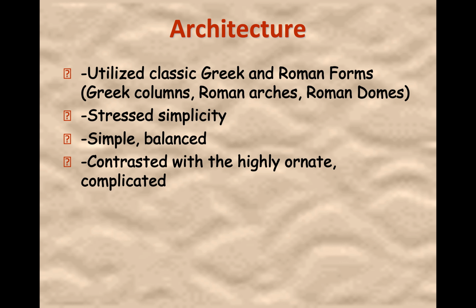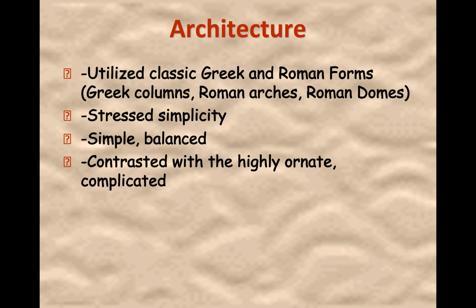Okay, architecture, ladies and gentlemen, we're going to see lots of classical Greek and Roman forms within Renaissance architecture. Their architecture is going to be very balanced, very simple, and this is going to be a big contrast from the elegance, the extravagance of the Catholic Church within Gothic architecture that was before, all right, Romanesque architecture, and then after we'll see in the Baroque period. Okay, Baroque art comes a little bit after the Renaissance, and we'll see a change.